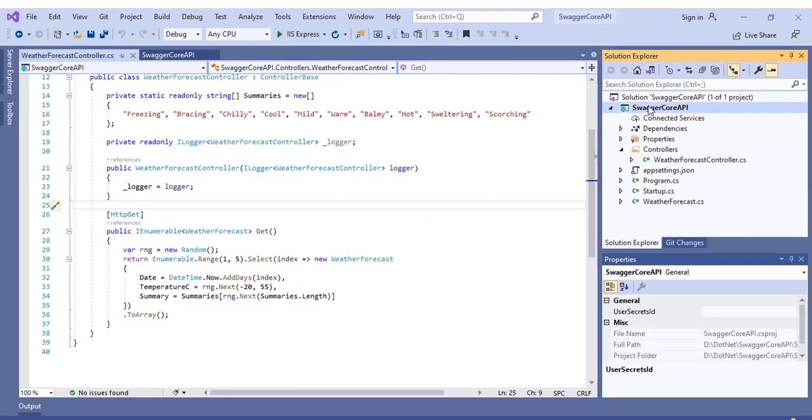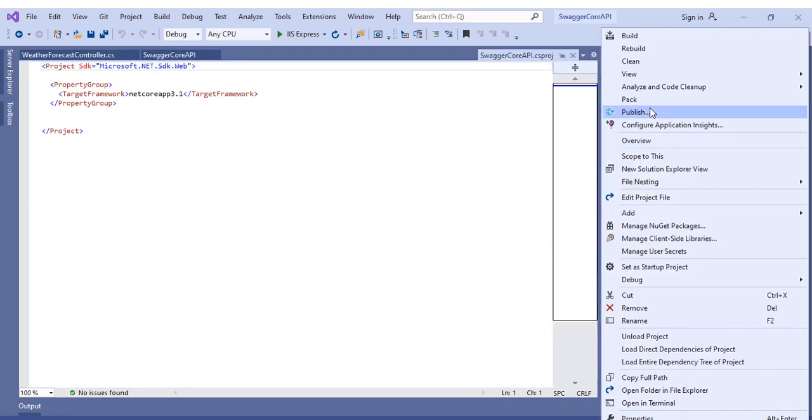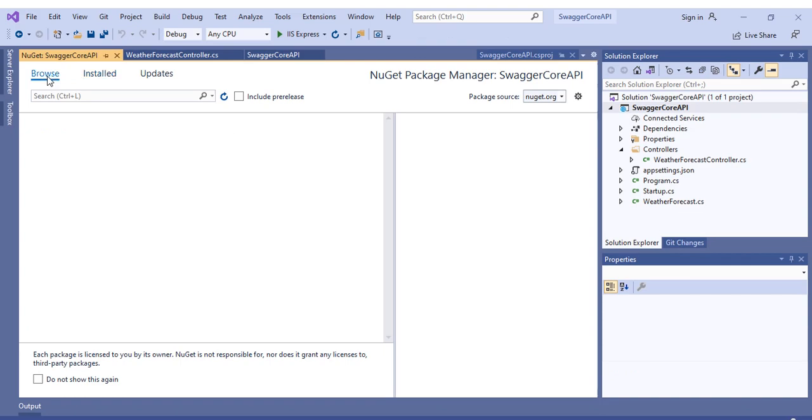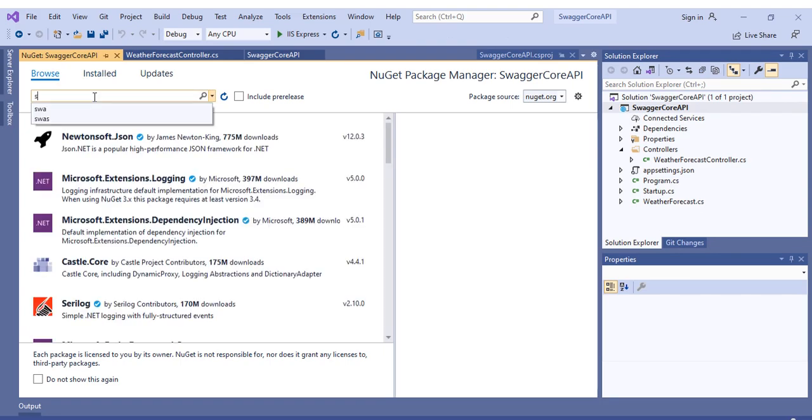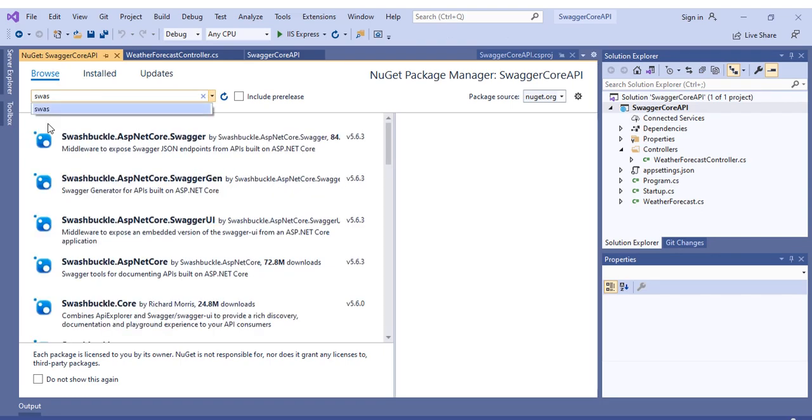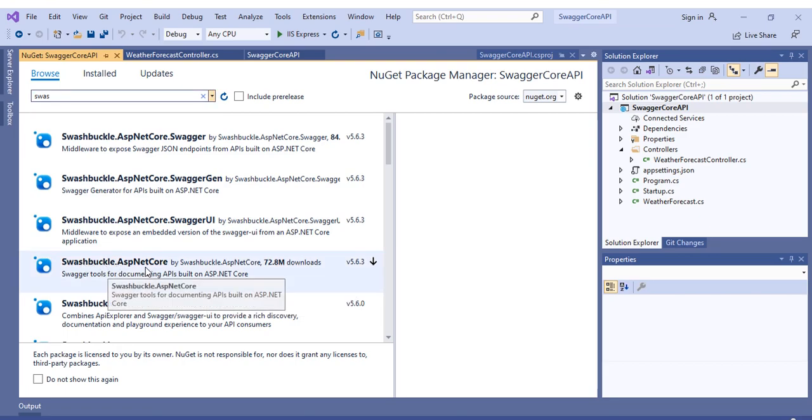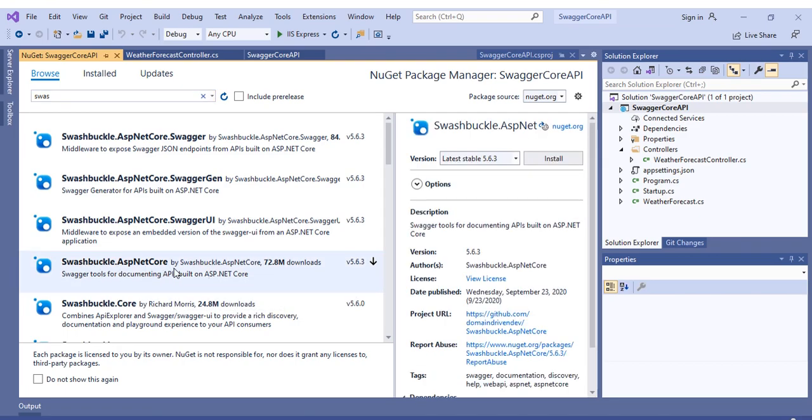Now right click on the project, Manage NuGet Packages, go to Browse, and here search for Swashbuckle. You'll get Swashbuckle.AspNetCore. Select this one and don't select the other one; select Swashbuckle.AspNetCore and click on Install.